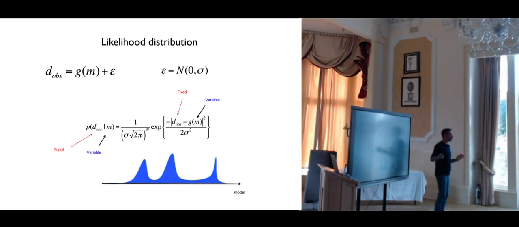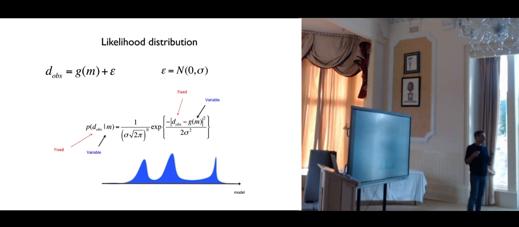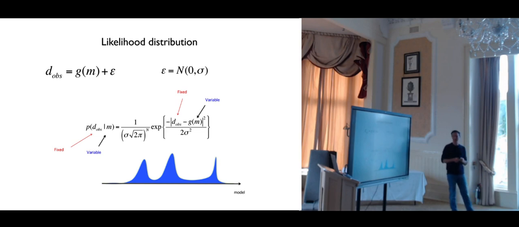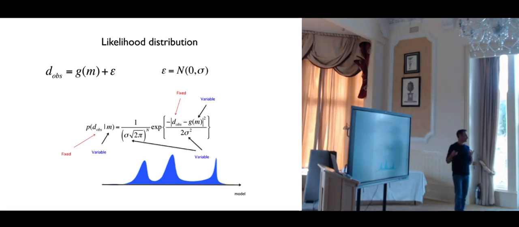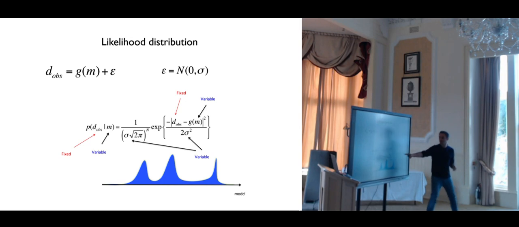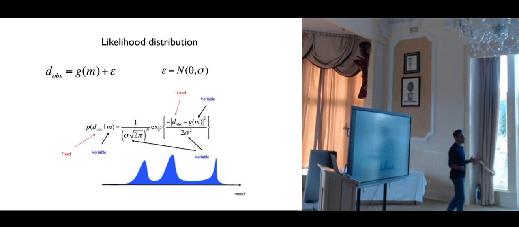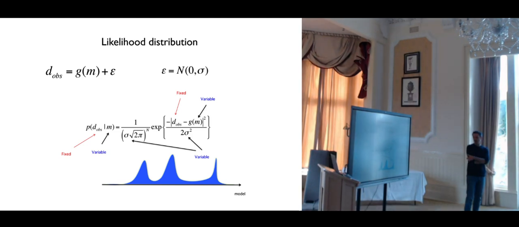Again, sigma is very important. It's the width of this distribution, it's the data noise, and we said that the data noise is a lot of different things. It's all the part of the data that we cannot explain with our forward model. And what we can do if we don't know the data noise is also try to invert for it. And that's the nice thing with Bayesian inference. If you don't know something, you just treat it as a variable. And so here we can say that sigma is not going to be known, but it's going to be something that we invert for. It's going to also be an unknown.